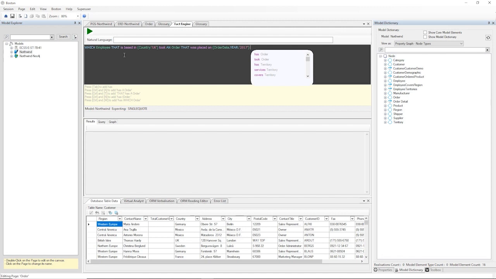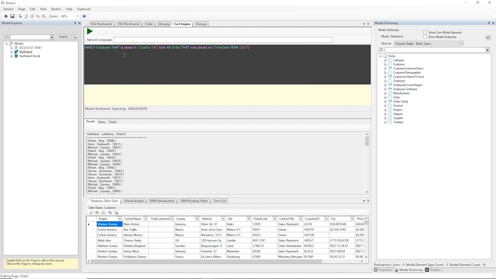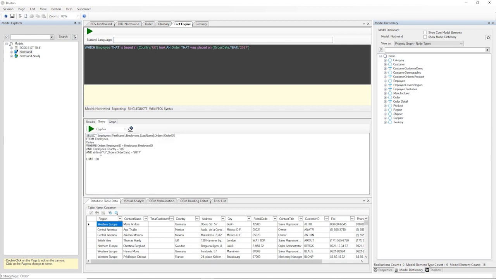So we want to know which employees based in the UK took an order in the year 2017. We'll just hit go on that, and there's our results. Our controlled natural language query has been converted in this instance to SQL, but Boston lets you have multiple models